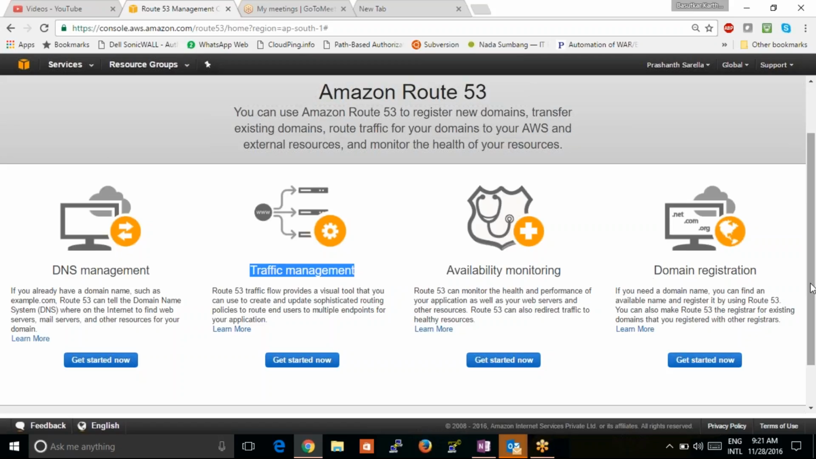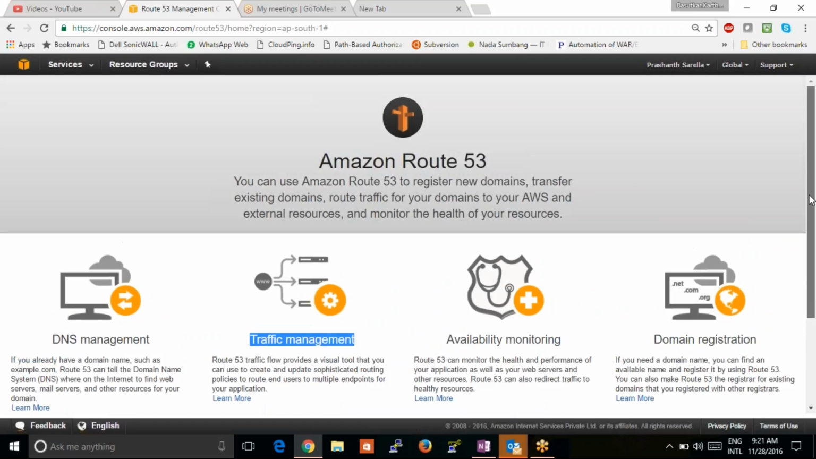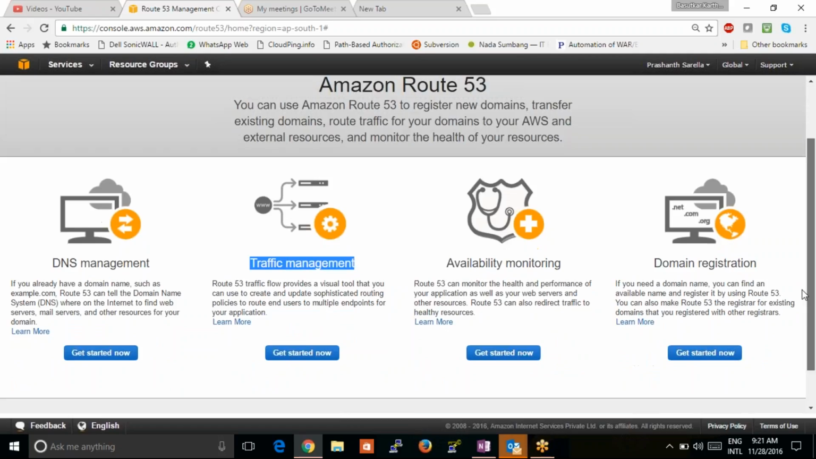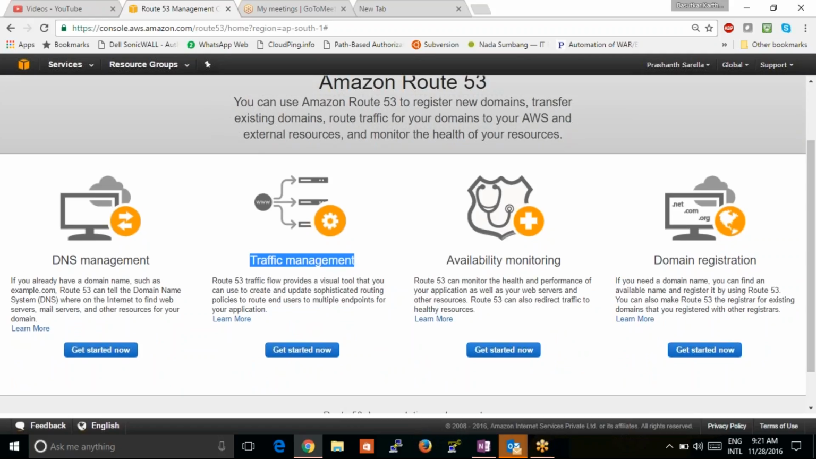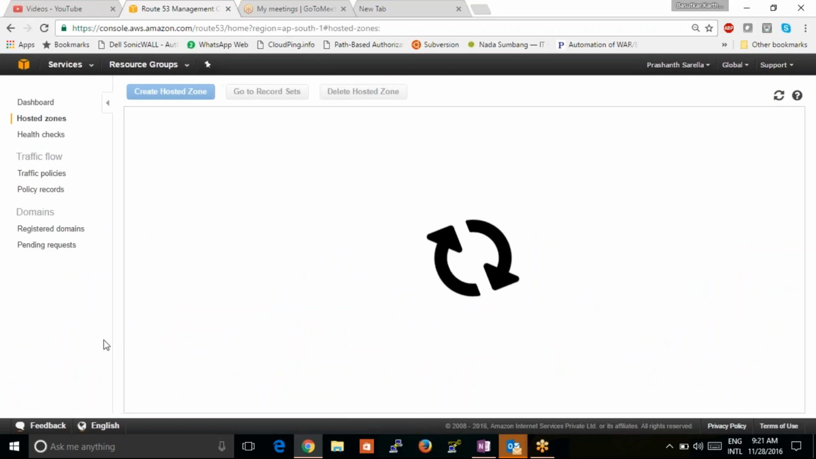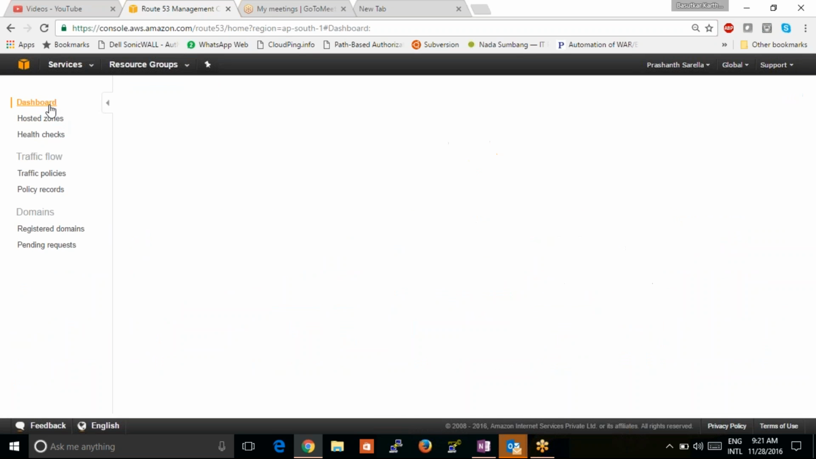So let's get started with ROUTE53. We'll see the dashboard of ROUTE53, how it looks. So what exactly do you want to start? We'll go with anyone. This is the dashboard of